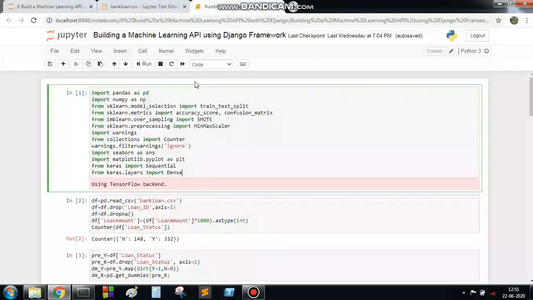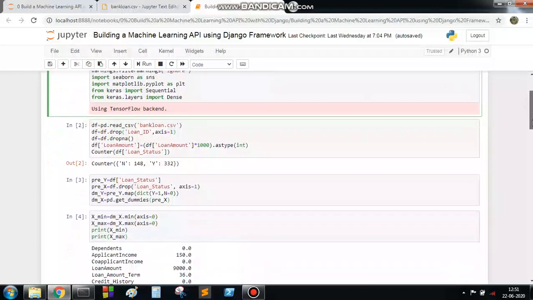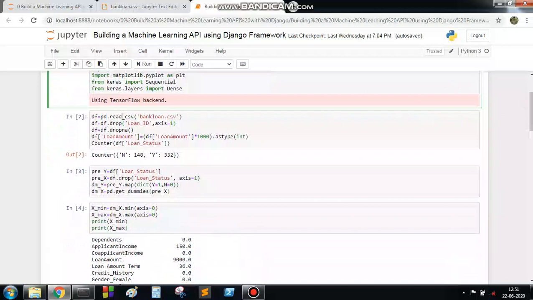So now come to our IPython notebook. Here we are importing all the necessary packages and the corresponding functions and classes. First of all, we will read the CSV file using this command, and then we will drop the loan ID column, because the loan ID column has no impact on our loan status.